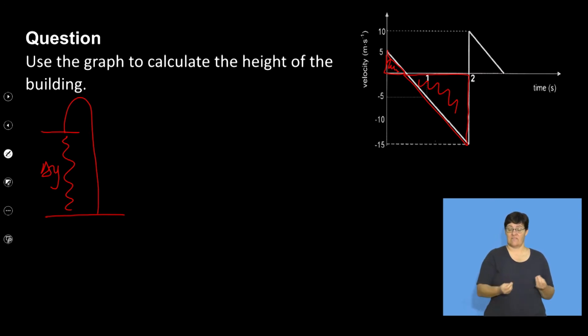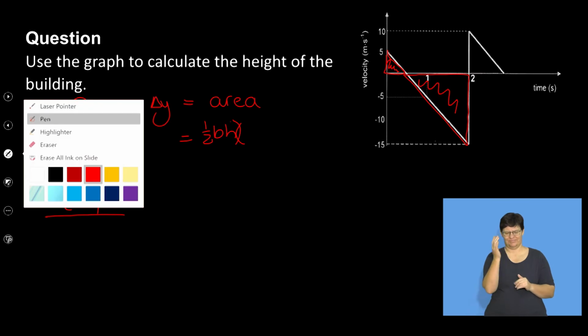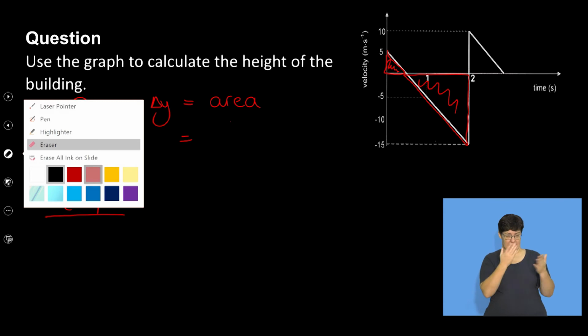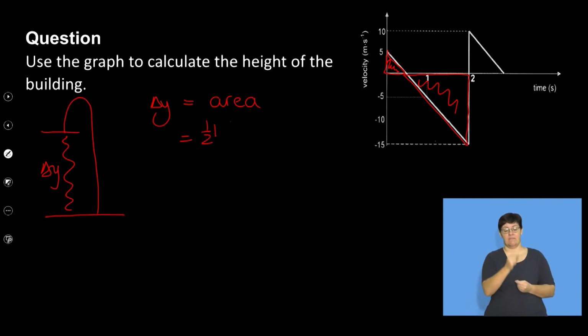So I want delta y, which is going to be the area under my graph. So I have one triangle, and let's just draw that properly for you so that you can read it. Here we go, so it's a half base times height because we've got a triangle, plus a half base times height. I'm just indicating the 1 and the 2 because I've got two different areas. The first one,